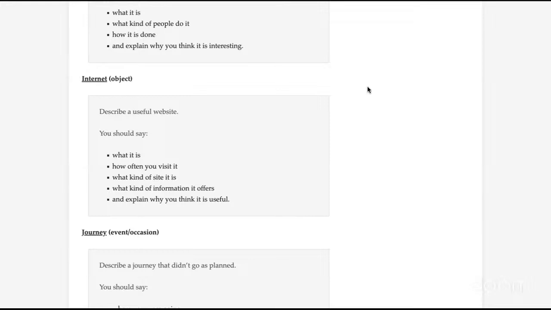Now, ma'am, you can start the cue card. All right. So the website that I use daily is Sci-Hub. Sci means scientific hub. The reason why I use this website daily is because I'm a student who has to study a lot, and for that purpose, I need to find a lot of scientific research.